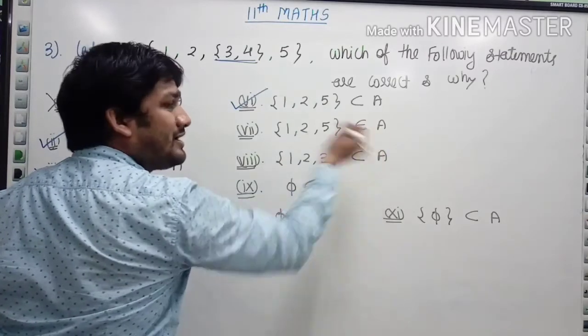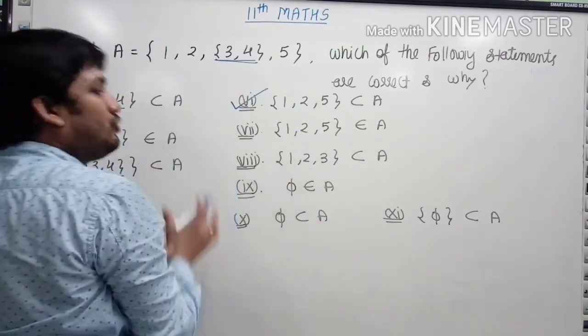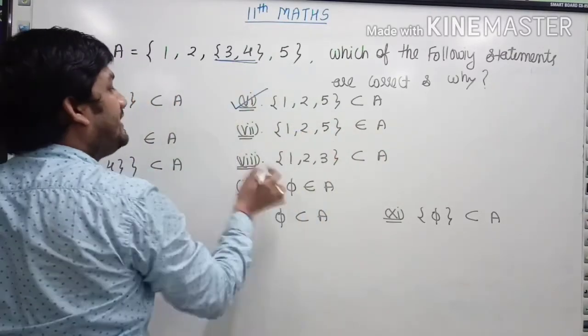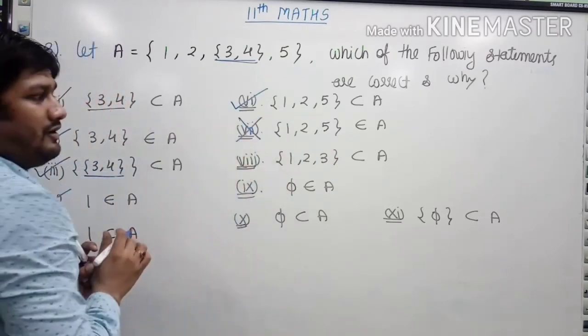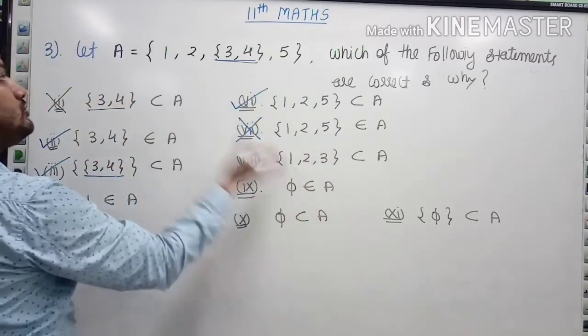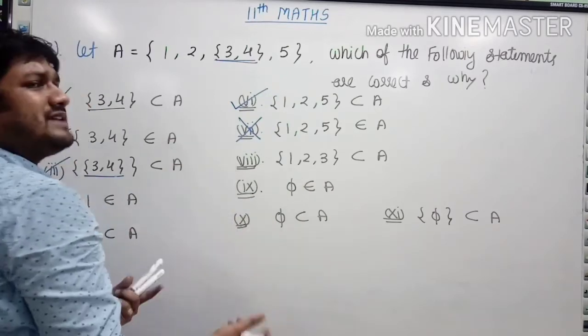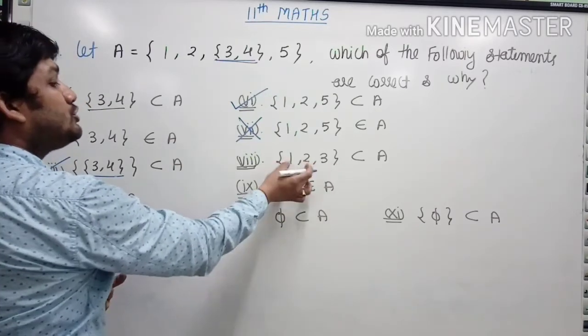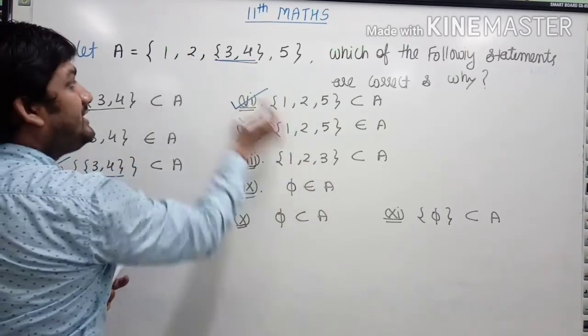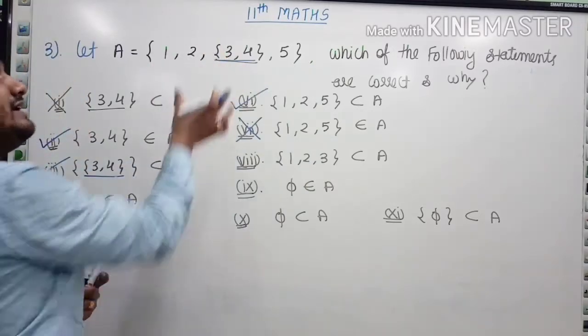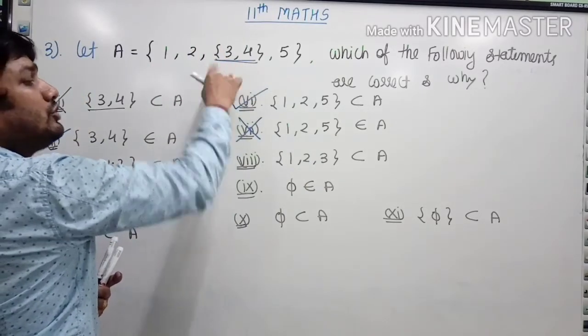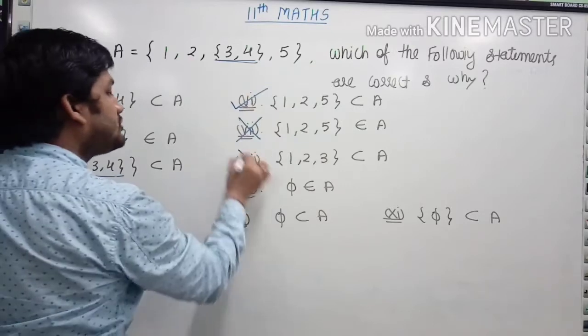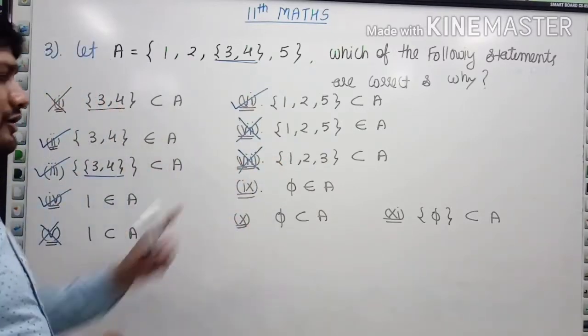Look, the set is not belonging, its elements are belonging, but this is saying the epsilon symbol has come, so the left hand side should be belonging to. So this set is not belonging here, so this is wrong. 1 2 3, again 1 2 3 is not belonging to, elements are, sorry, 1 2 3 are sets, so 1 and 2 are there, but 3 is inside it, individual 3 is not there, this is a single element 3 4, so single 3 is not here, so we'll say this is wrong.